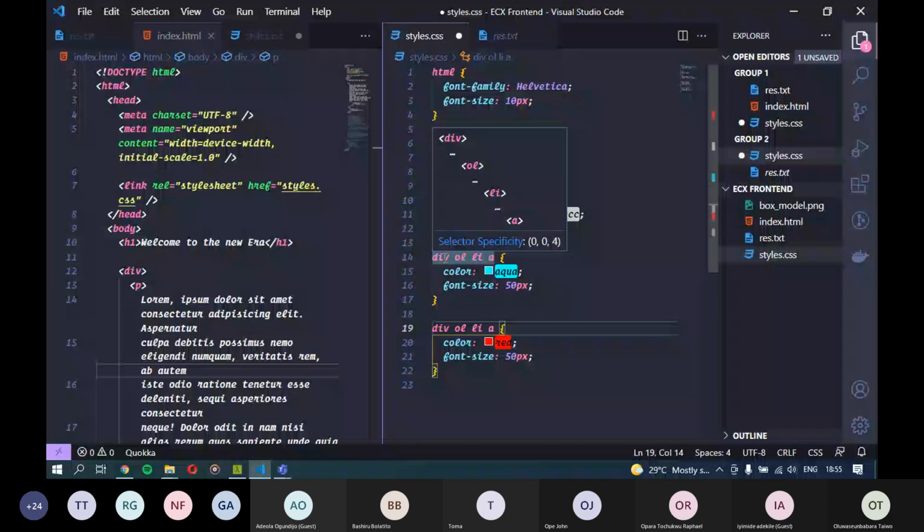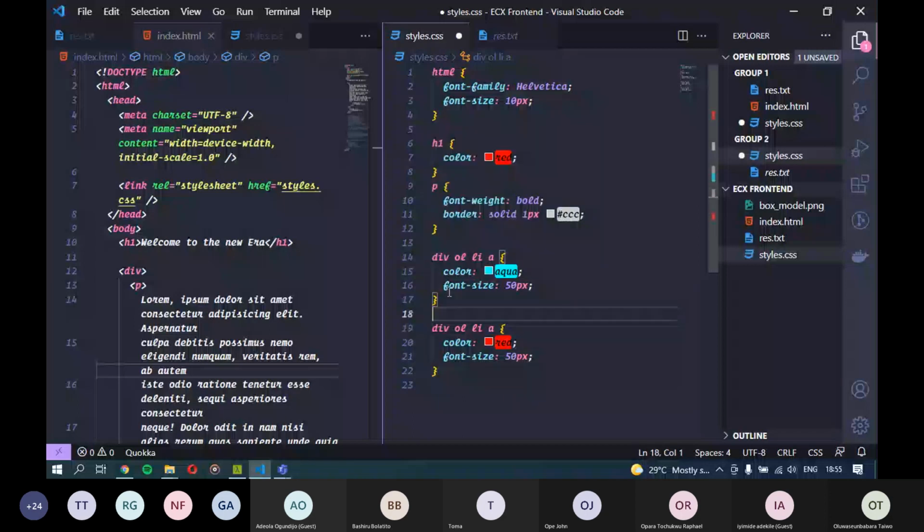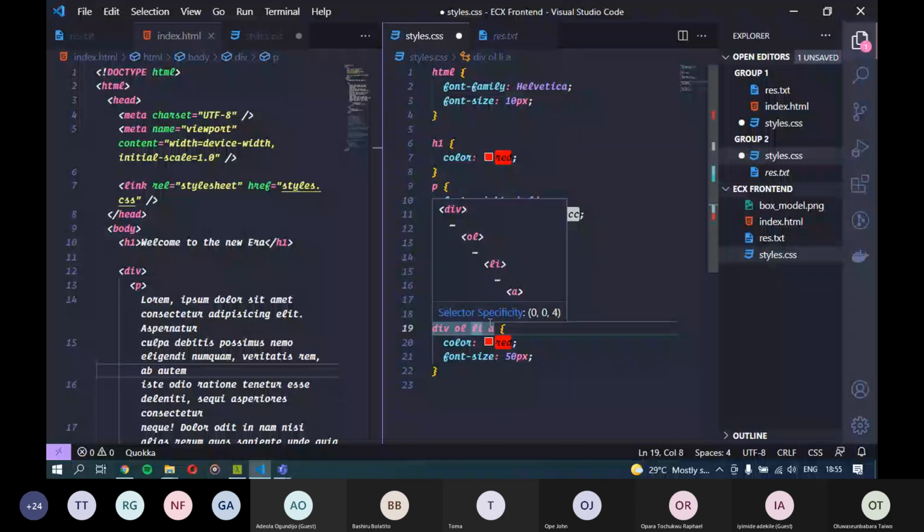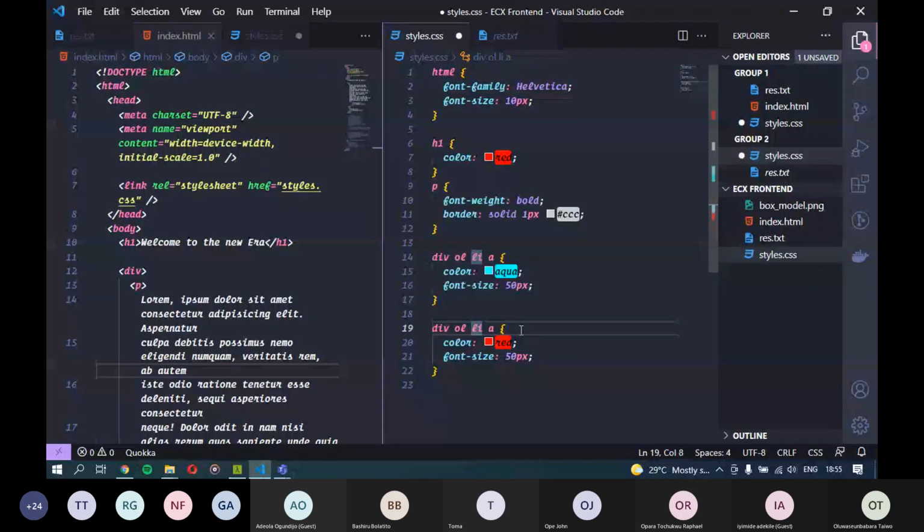Then it comes down. As I said, CSS is cascading style sheets. It's cascading. So it comes here and sees that we have another style block that has a specificity of 004. What should it do with it? Since they have the same specificity, it's going to apply the styles that come last. So since we specified color here, and we are specifying it again here, and they both have the same specificity, it is going to choose the one that comes last.